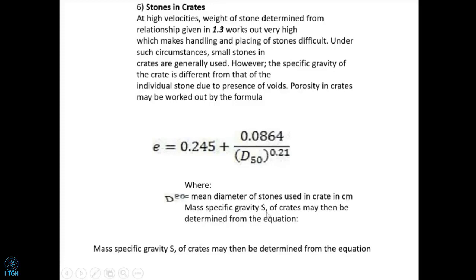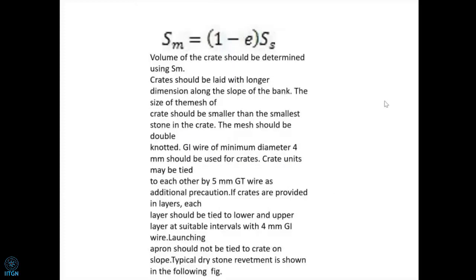And S is the specific gravity of the crates, because of the total specific gravity, there is the individual stone, the smaller stone used, and with this we find the porosity. Okay? Now with these stones, we come to the volume of a crate. We have arrived at the size of the stone, thickness of the stone, or the two layer. So depending on the size and thickness of the stone, you can arrive at the gabion size or the sausage type thickness.